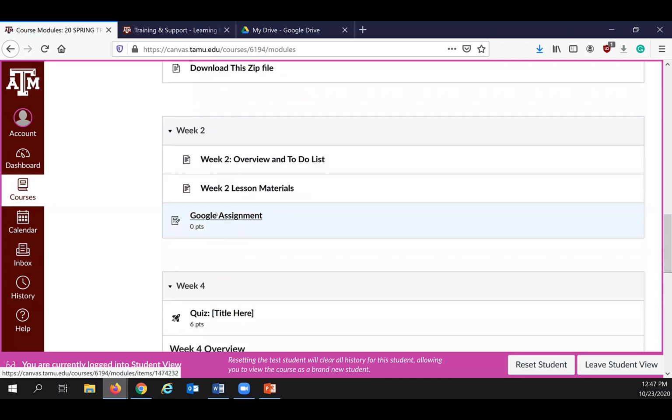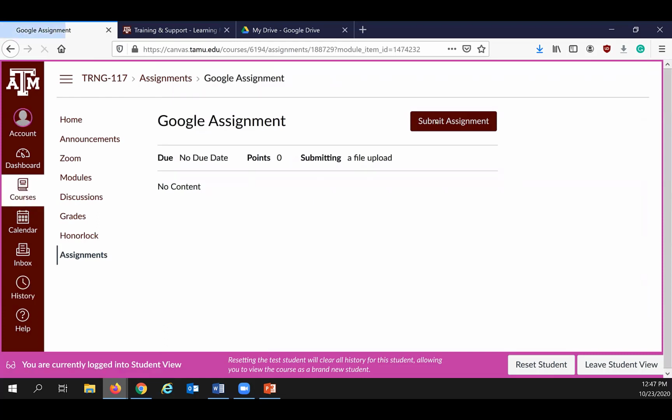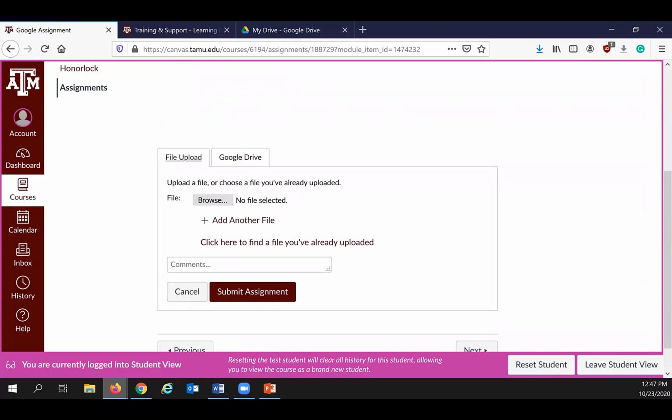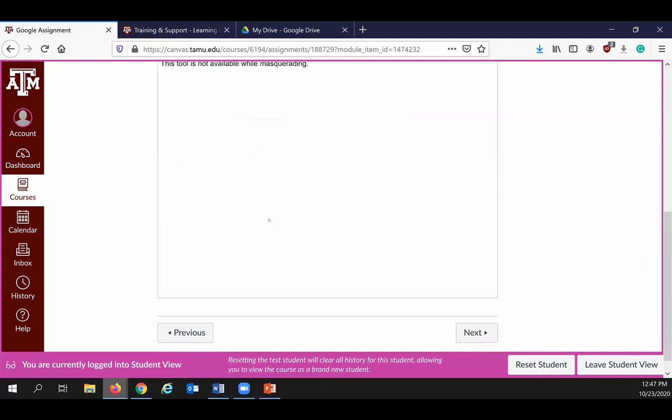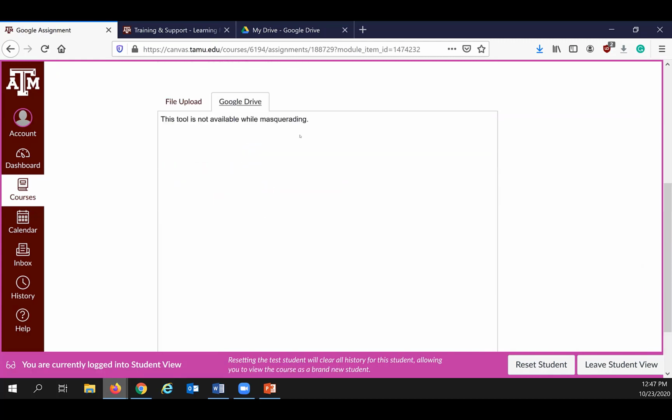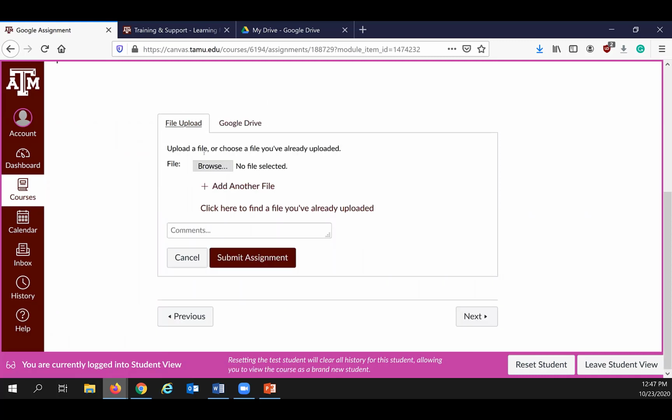So this is what the student will see. So once they click the submit assignment, they will see this Google Drive button where they can authorize it. Of course, we cannot show you this just because you're using a student view, but students should be able to authorize their Google Drive and upload the videos so that they don't have to use the file upload and be limited to only 500 megabytes,